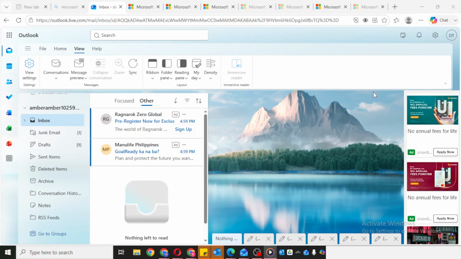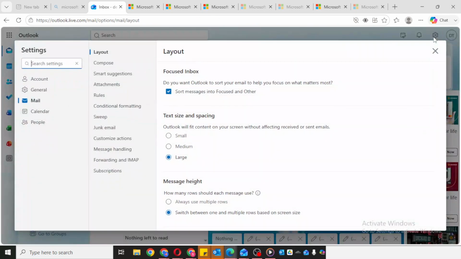To get started, open Outlook on the web and make sure you're signed in to your account. Once you're on the main Outlook page, look toward the upper right area of the screen and click the gear icon. This opens the Settings menu, which is where Outlook keeps many of its email preferences and customization options. After that, click Email to go into the email-specific settings. From there, find and click Compose and Reply.